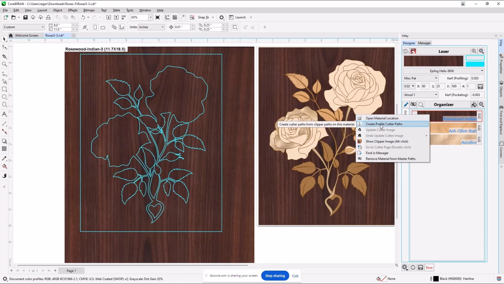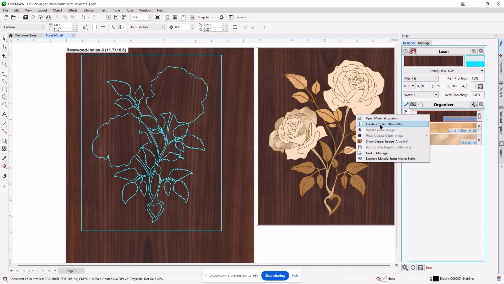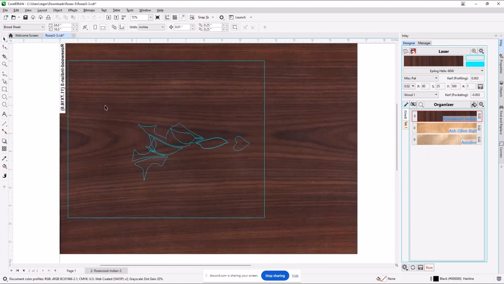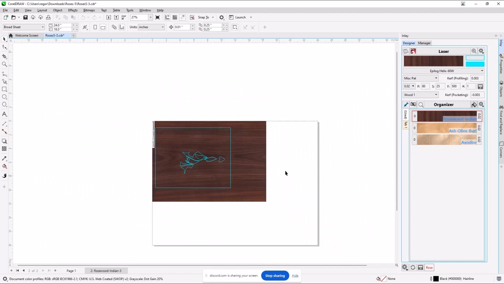You just select this once. The difference is that, oh, I didn't have it all selected. Oh well, something wasn't quite right. Or is it still going? It's still going. Maybe region. What it is showing me now, let me zoom out, my bed size on my laser is 18 by 24. So it's placed the veneer along the upper left edge, square.